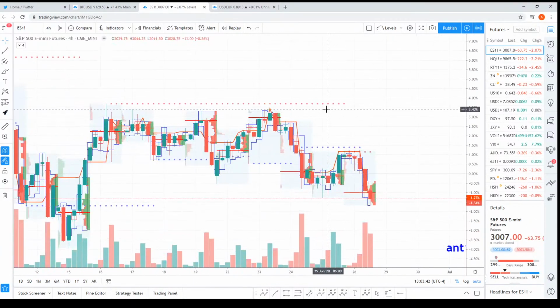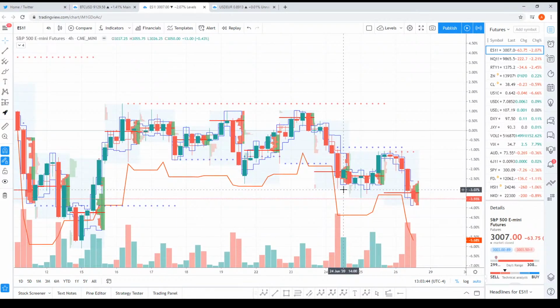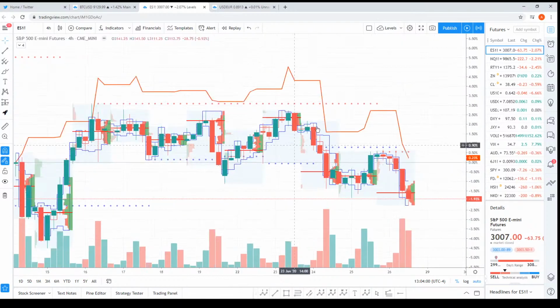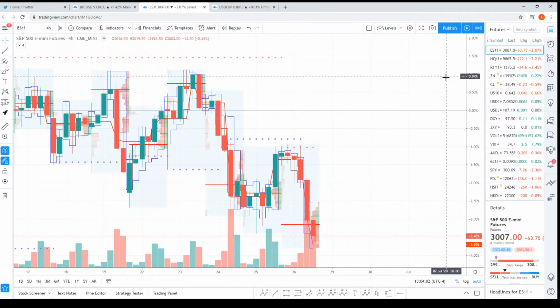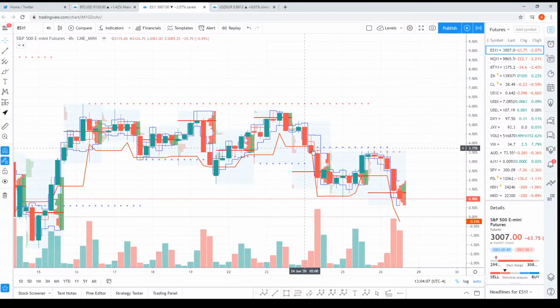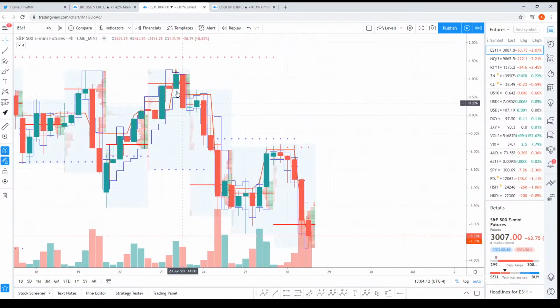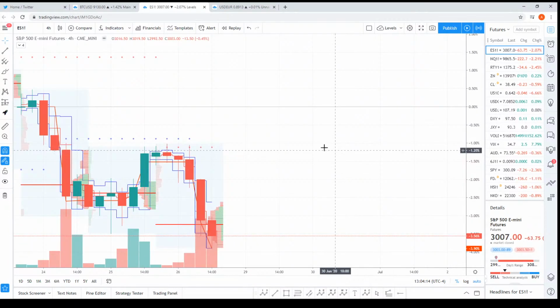There's no secret. You pop those things on and you'll see that price reacts at various levels, and over time you get better at it. You get better at saying, all right, that's likely going to be one that sticks, or that's not going to be one that sticks. So that's how I get my levels, and all day I'm trading off of this. I also use a lot of price action, so candlestick trading. And then also,